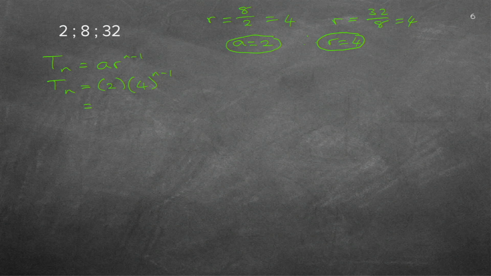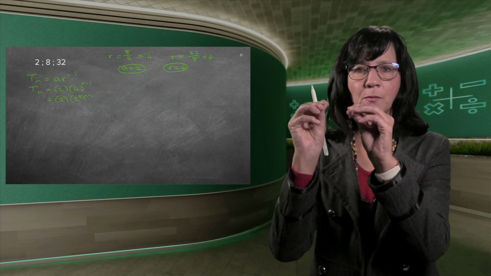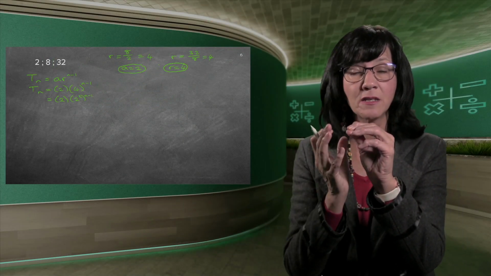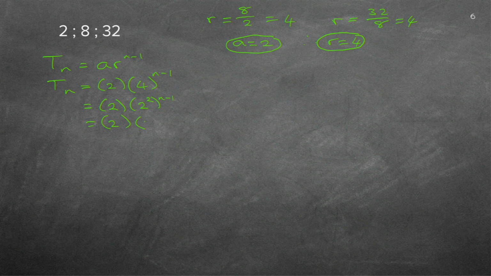So I'm going to do this. I see there's a 2 there, and I see I can write 4 also as 2 squared, to the power of n minus 1. Now, revision of exponent laws. If I have two exponents hanging next to one another with the bracket, bracket means multiply. So now I'm going to do 2, and 2 to the power of 2n minus 2. The minute I've got the same bases, I can just add the exponents. So if I add these exponents, I get 2n. 1 minus 2 is minus 1. So there is just a much neater format of my formula.